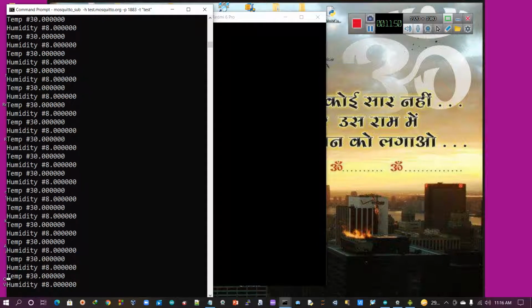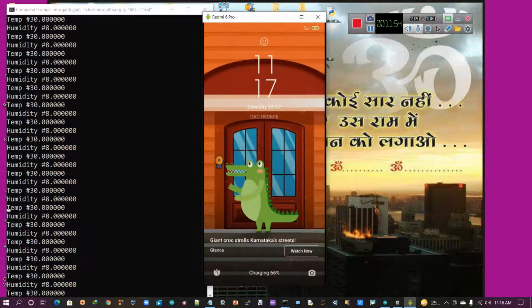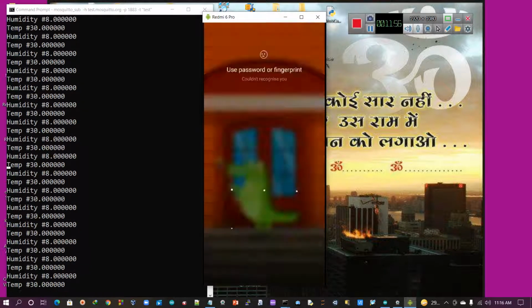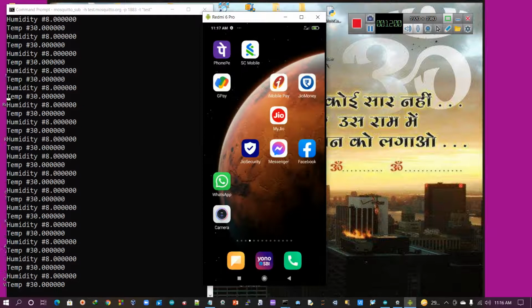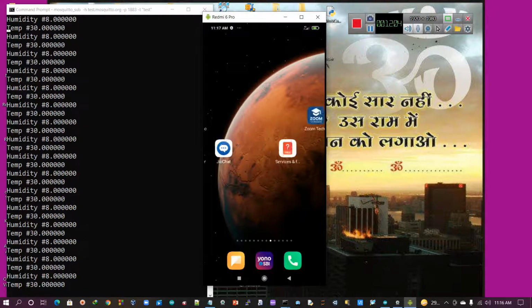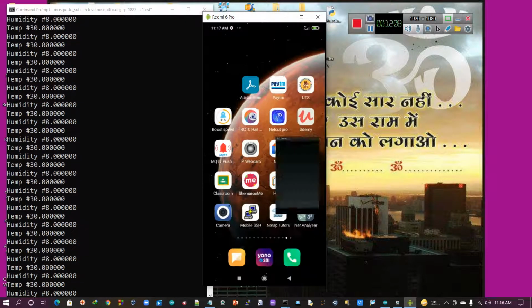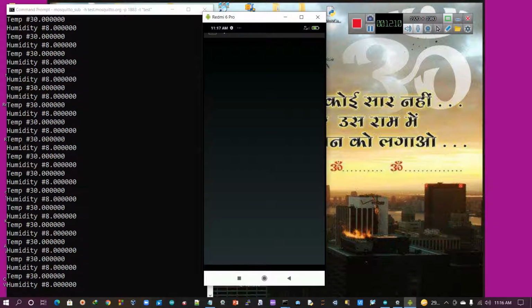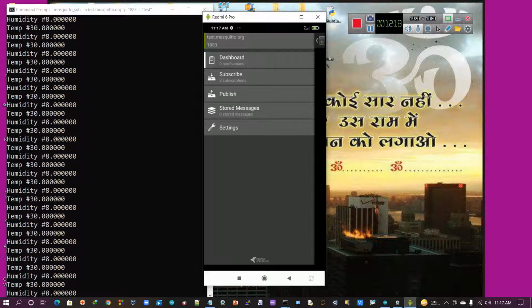Now what I am going to do is take that information, temperature as well as humidity, on the mobile also. You already know from my previous demo. First I have to open my MQTT application. It should be subscriber, definitely not publisher. NodeMCU is the publisher, so it must be the subscriber.